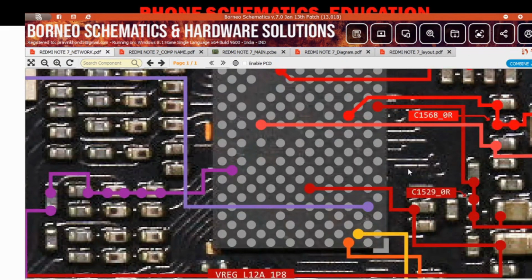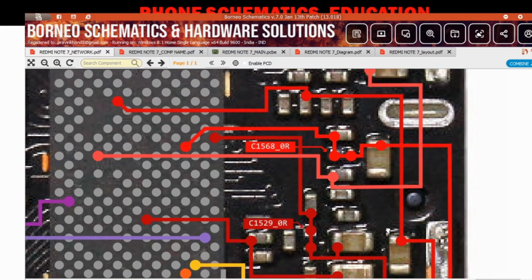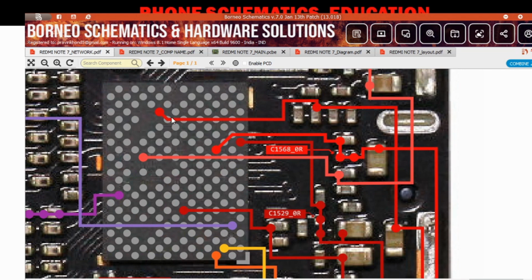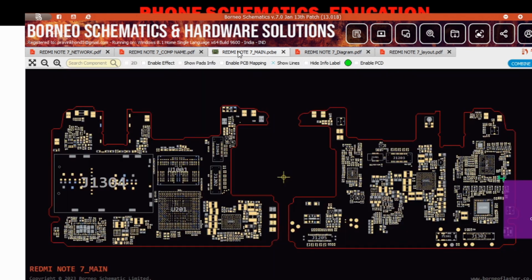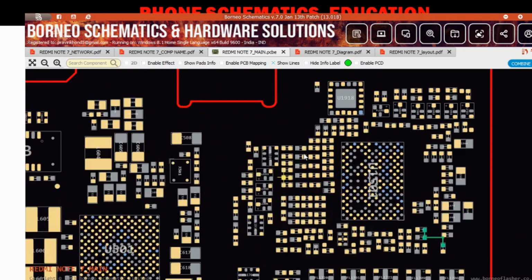this cap is the main cap, so this line is connected to the main cap, and obviously another capacitor. So this line is connected to only one ball. In the schematics, this line is connected to 12 balls, right? If you work with this method, sometimes it does not work properly. Now I will show you in a bitmap. Sometimes a bitmap also gives you wrong information,